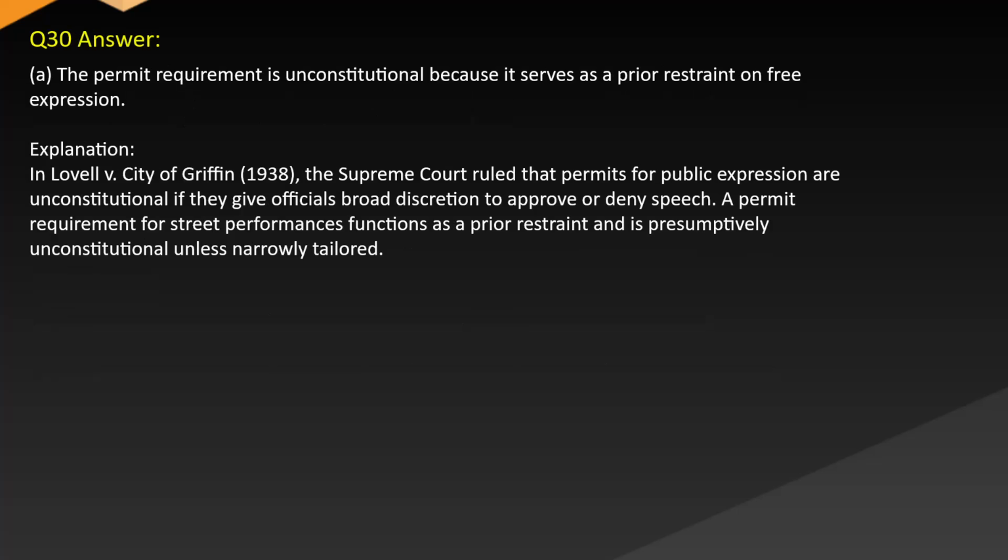Answer A. The permit requirement is unconstitutional because it serves as a prior restraint on free expression. Explanation. In Lovell v. City of Griffin, 1938, the Supreme Court ruled that permits for public expression are unconstitutional if they give officials broad discretion to approve or deny speech. A permit requirement for street performances functions as a prior restraint and is presumptively unconstitutional unless narrowly